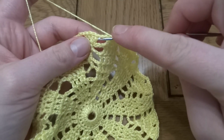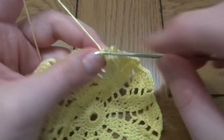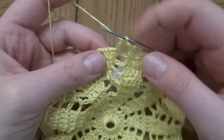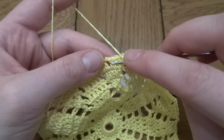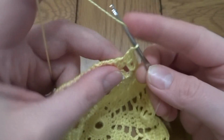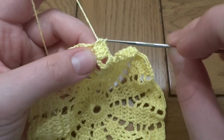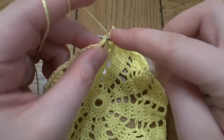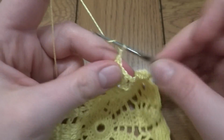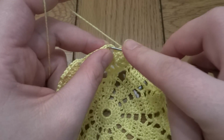Into the first double crochet we have to work 2 double crochets, 1 and 2. Into the next 1, 2, 3 stitches, 1 double crochet in each stitch, 1, 2 and 3, chain of 3, 1, 2, 3, and then into the next 1, 2, 3 stitches we have to make 1